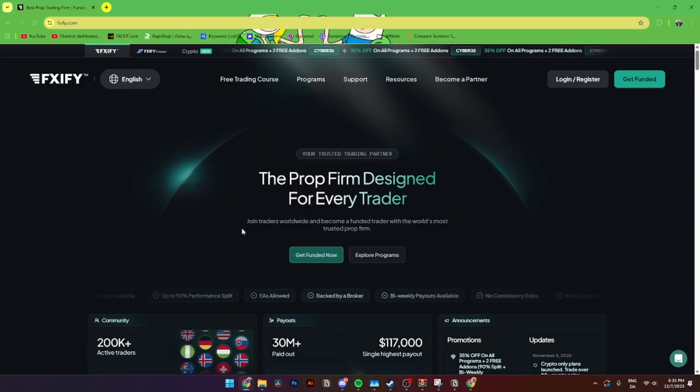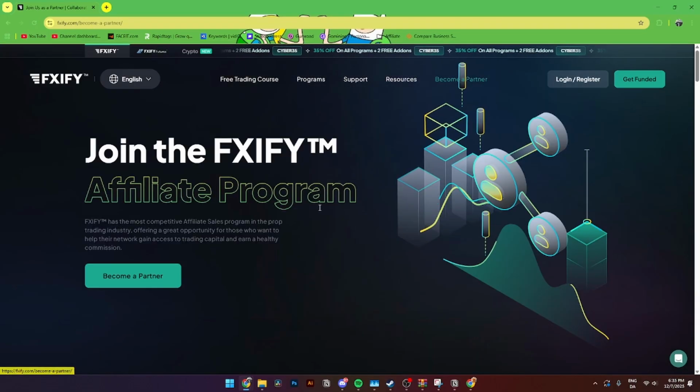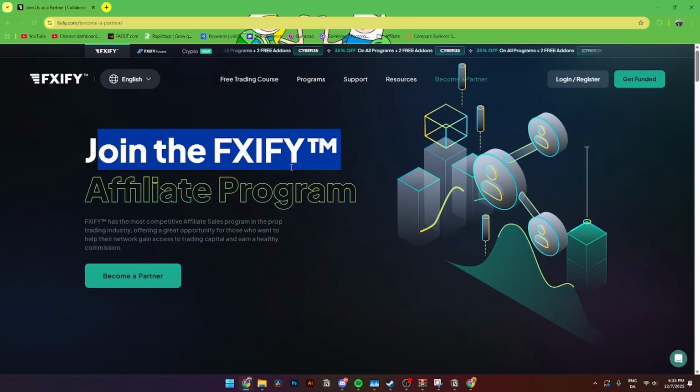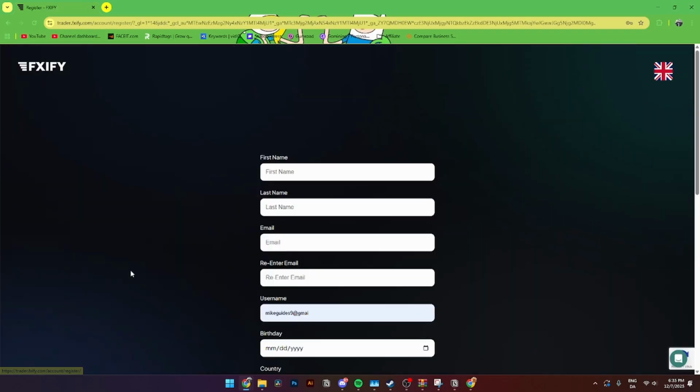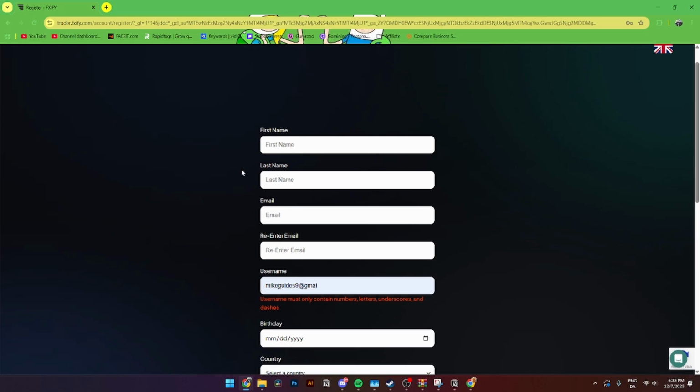And here now we need to create the FXIFY affiliate account. To do that you'll need to go up to where it says become a partner. Once you've done that, you'll see the join the FXIFY affiliate program right here. From here you'll just need to click become partner, and then you'll need to fill in all this information down here